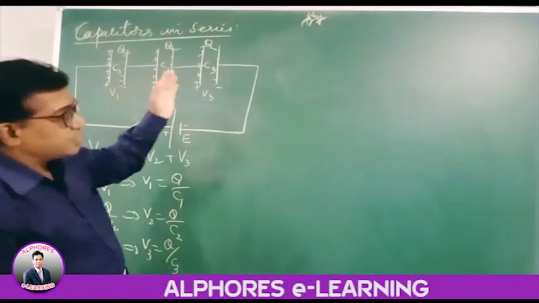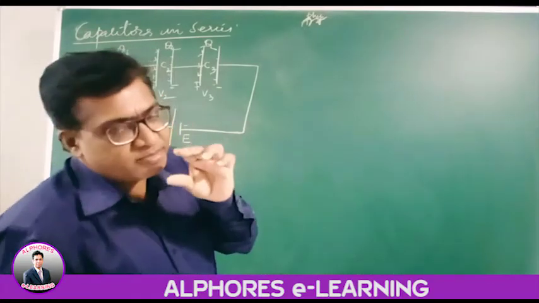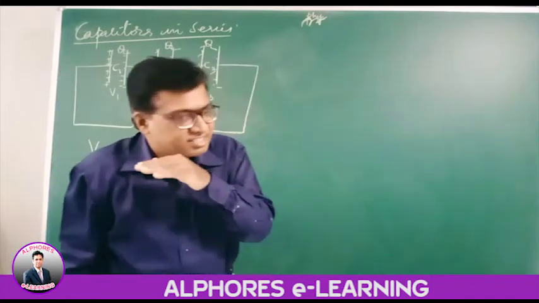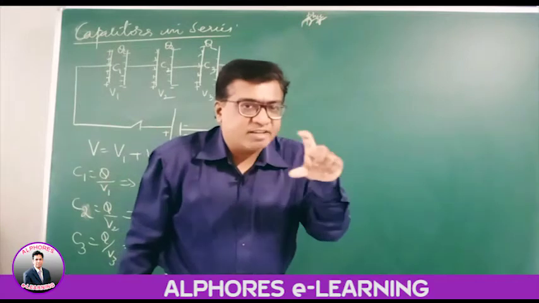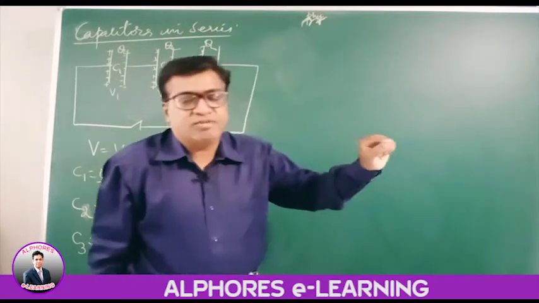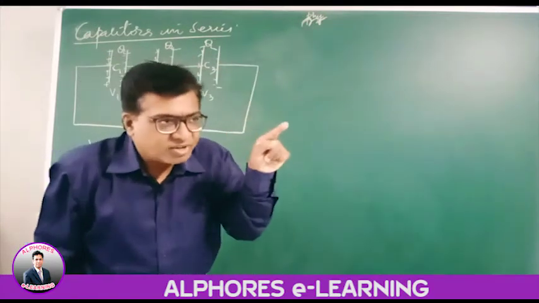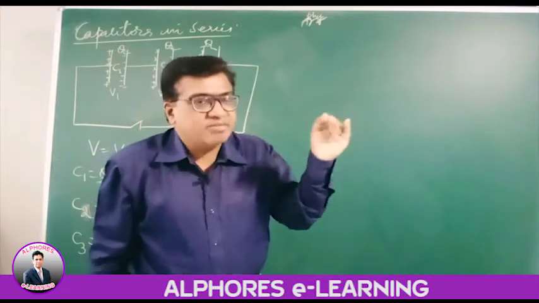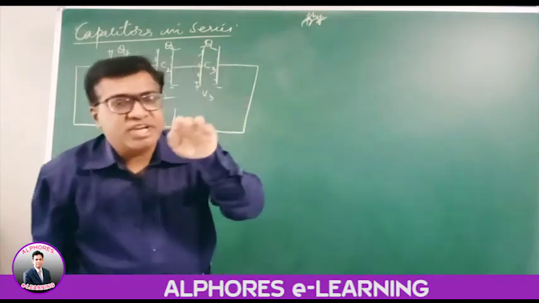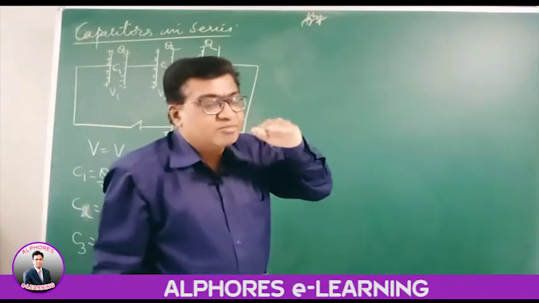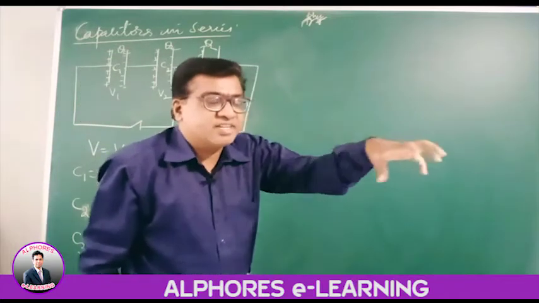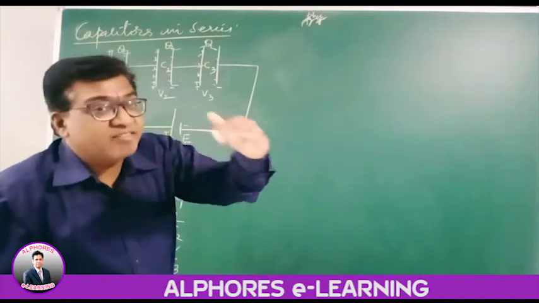Well, in series, charge remains constant. In series, charge is always the same. All the elements will get the same amount of charge. The current flowing through the circuit will be the same in series; all the elements will have the same current. So the same charge will flow through them and the same charge is stored in the capacitors in series. But the potentials are different because the capacities of the capacitors are different. For the same charge, the level will be different.